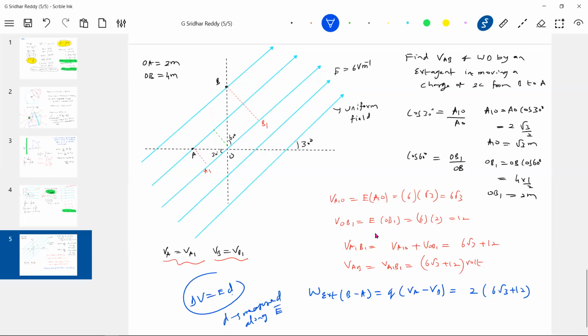The potential difference between 2 points separated by distance D is equal to the field strength into the distance measured along E bar between those 2 points. There's a meaning in this. It's worth thinking a million times, not just you, the whole day. Better you think on this and get clarity. Tomorrow exam, even if you get 0 marks, I'm least bothered, but this is very important. I just wanted to tell you the importance of this. Between any 2 points, you can use this particular method.